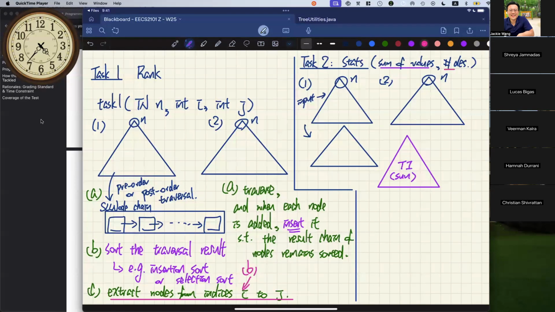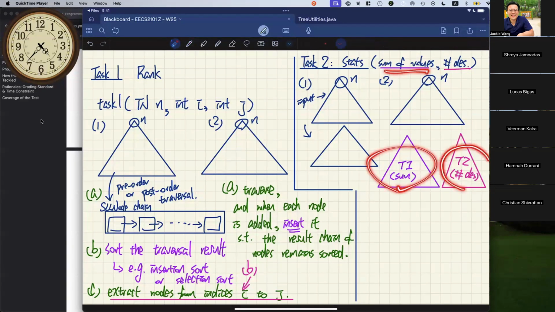And then for the second part, we just create another intermediate tree over here. Let's say T2. And that one there stores the number of descendants. Okay. So this tree contains the first piece, and this tree here contains the second piece for every node.